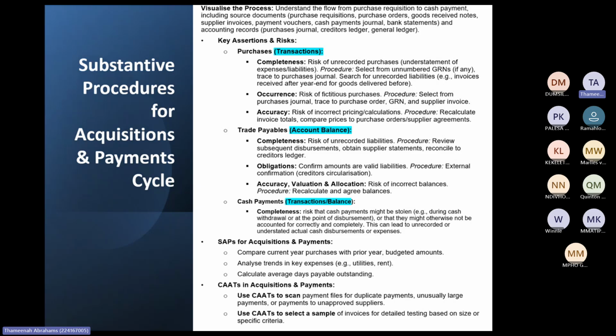First part is having the need for the purchase. Then once you know you need something, you would have a purchase order. The purchase order must, of course, be authorized by someone. Remember, someone who creates the order can't just authorize it, because there must be segregation of duties. Once it's ordered, usually they'll say three valid quotes from suppliers. Then you select the best quote, then you send it to the supplier.